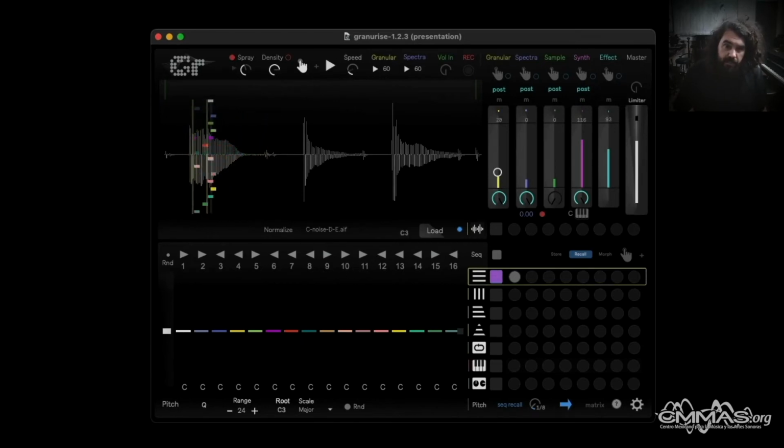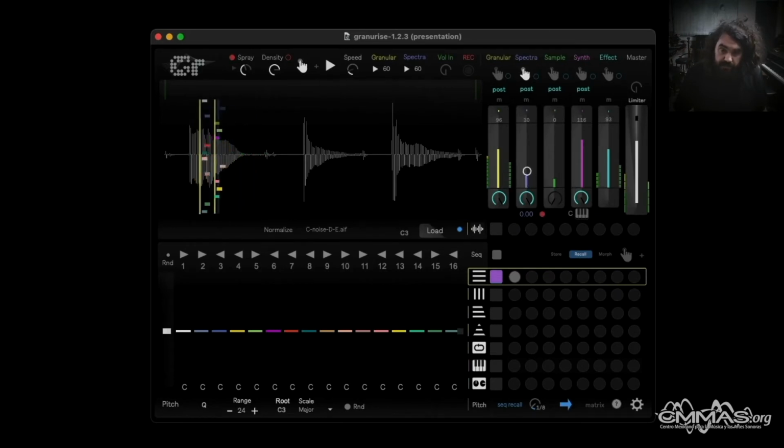So if we open the volume, so now we have this movement happening. We can also call it modulation, and we can move on and control something else. For example, I would like to add a little bit of the spectral component, but again, I can do it with a gesture. So if I turn on the gesture here, I just